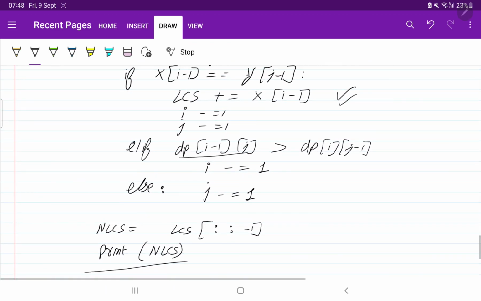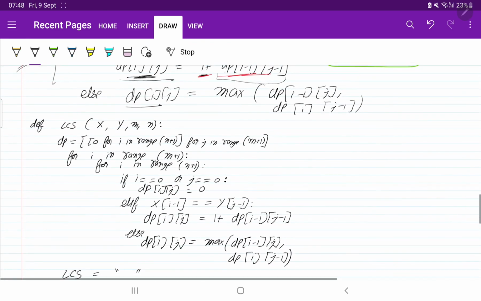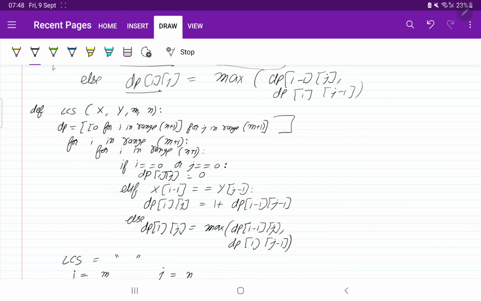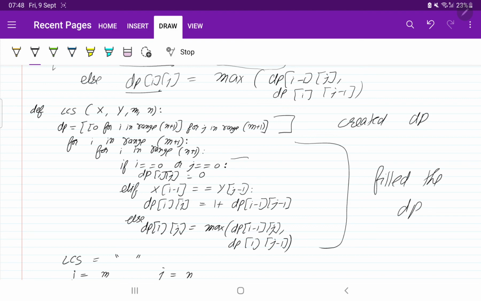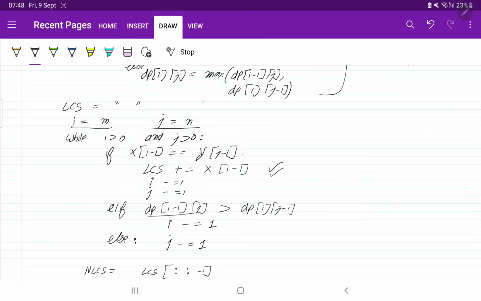So ultimately, what we have done in this question, I will explain quickly with the code. Here we have done the declaration, here we have created the dp and filled the matrix, and this was the condition for the first row and first column. Then we created a new string and started from the end.